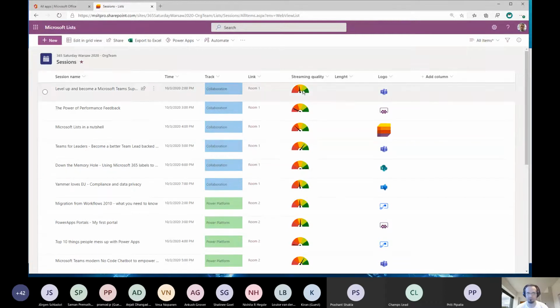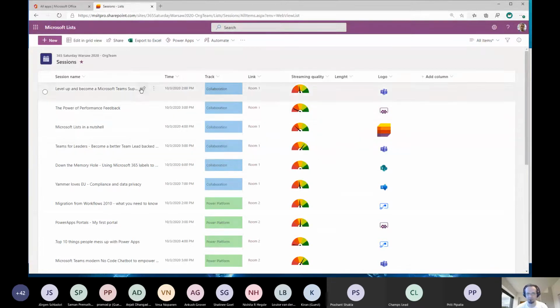But what about those fancy colors, fancy icons? I think that's the most important thing in lists, because we can easily create and apply formatting options, and we don't need to code anything. We don't need to write a single line of code for that, or go to advanced options.